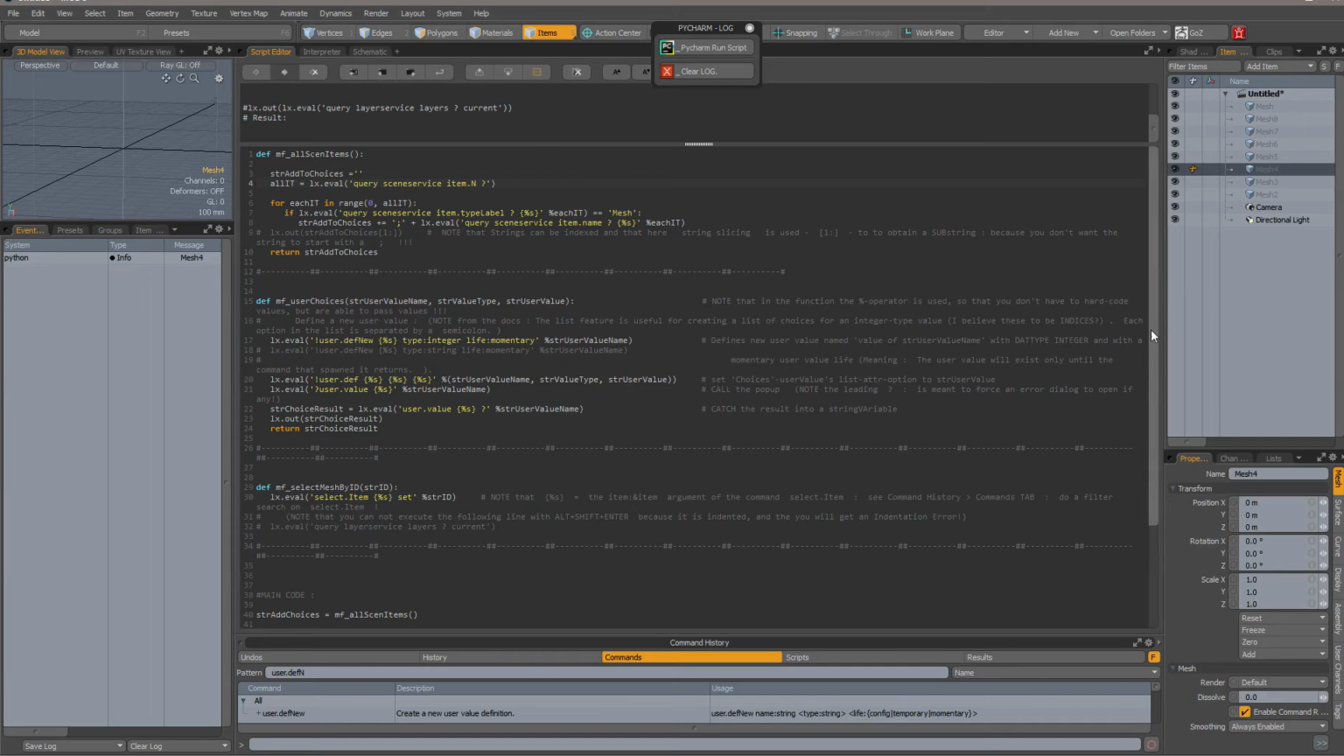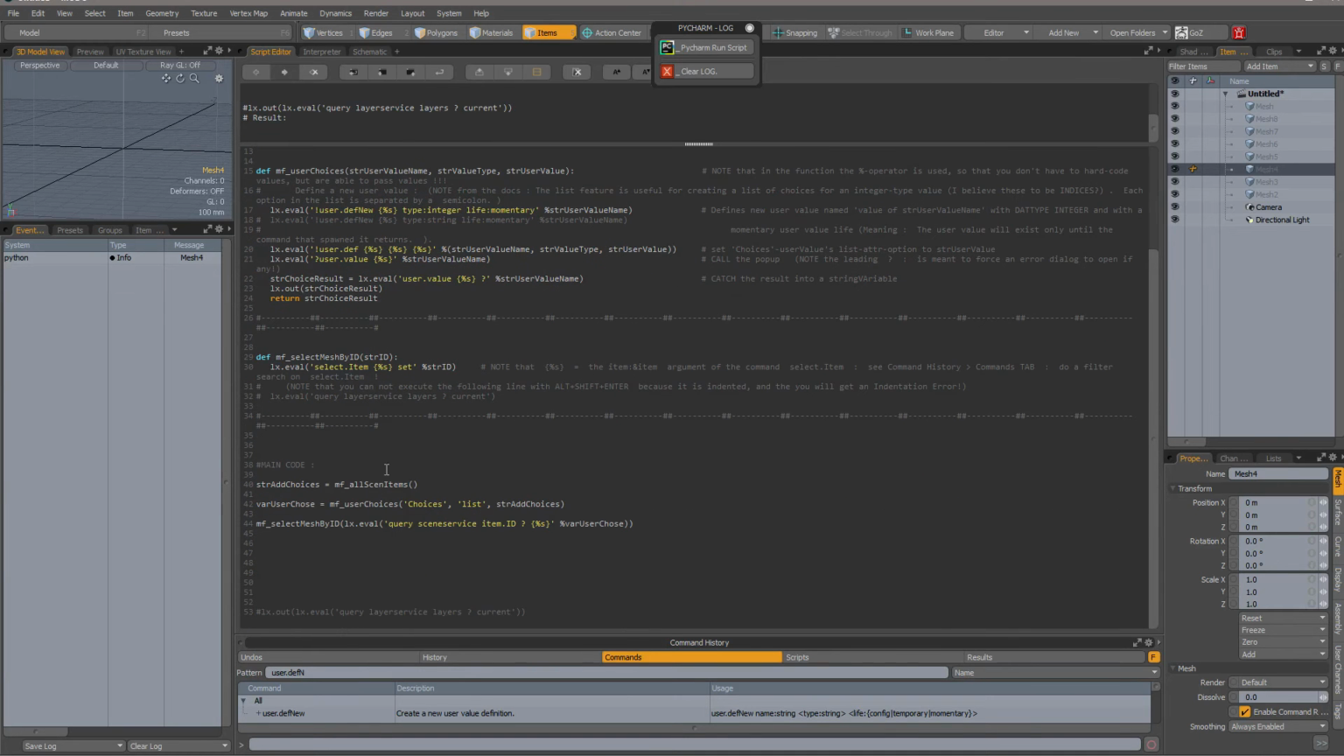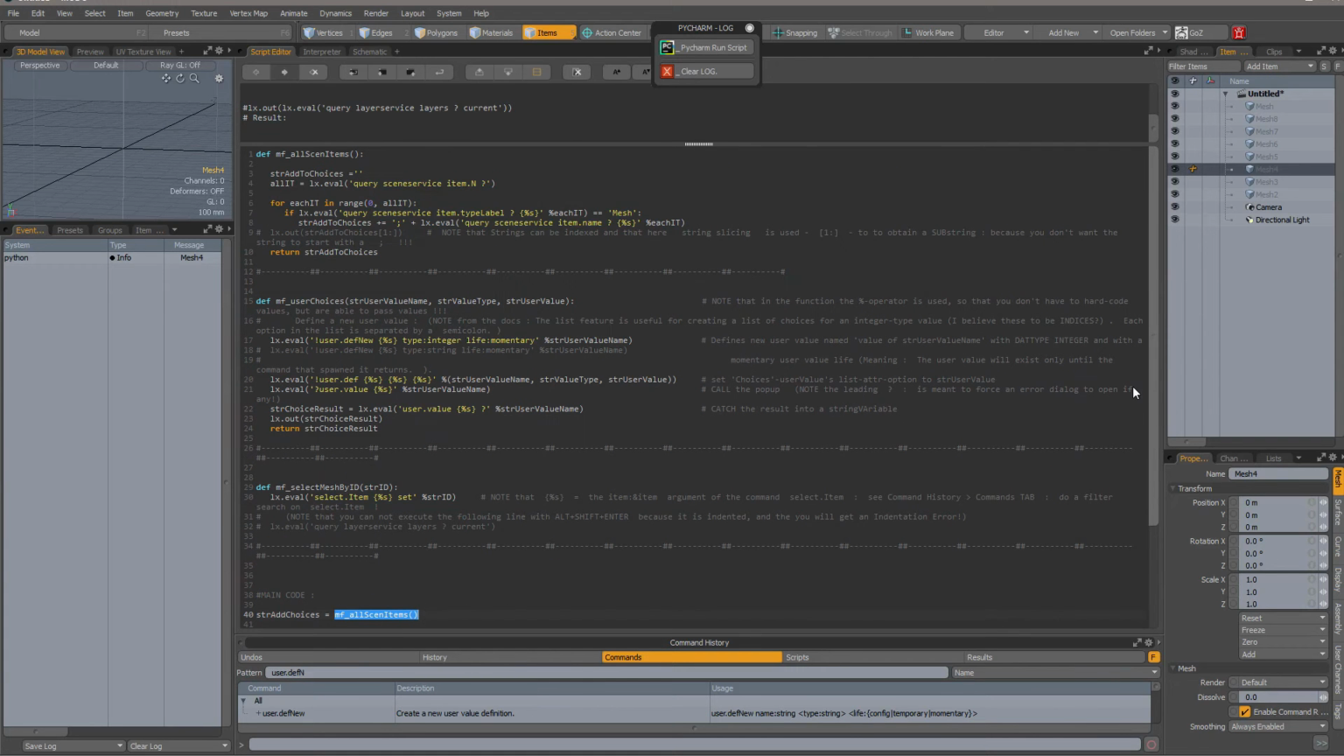So the main code is actually a call to a function called allSceneItems, and when I go to that function, it does a query scene service item.n question mark, so I will get the total number of items in the scene